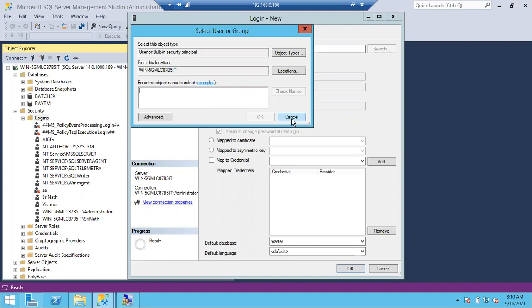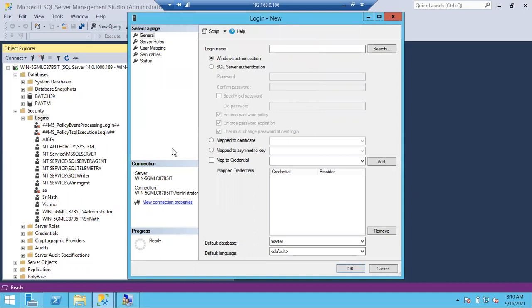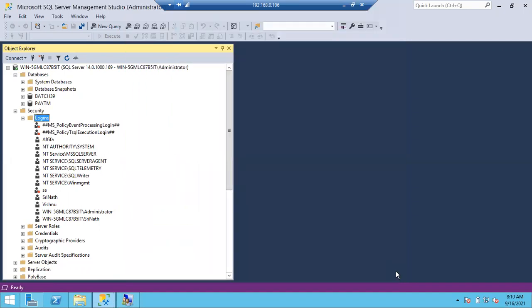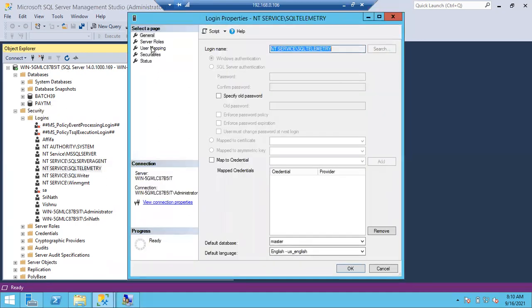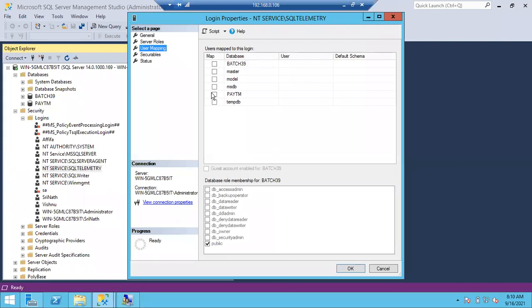So now a group login will be created for all the developers. All 30 people are members of that particular group. If all of them want to access a single database, I can simply double click on the group and give access on any database. Imagine they want to access Paytm. I can give Paytm database access, so now the whole team can access the Paytm database, whatever permissions you give, read or write or any other permissions, for all 30 people.